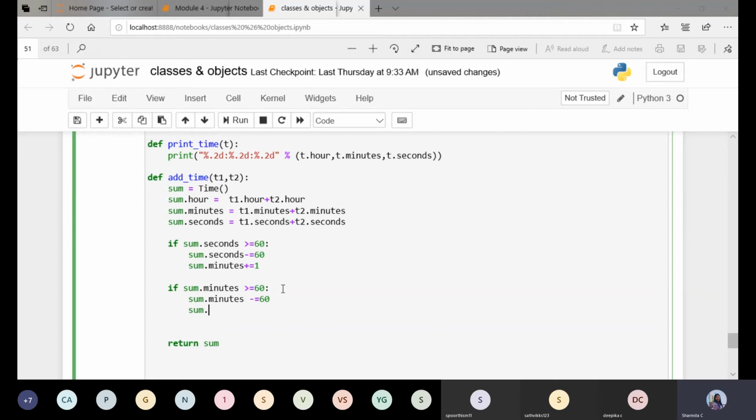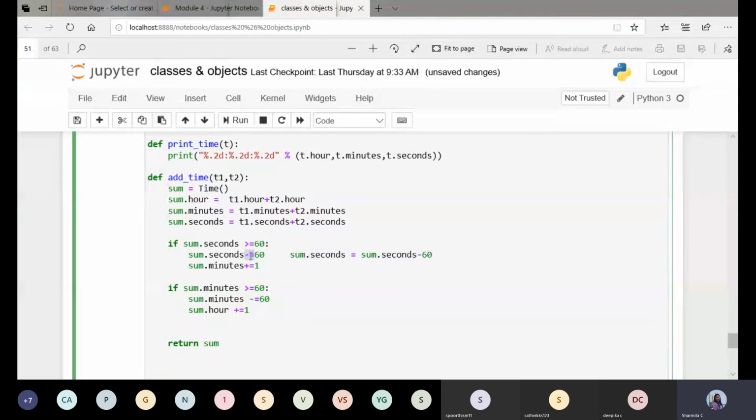Then once again sum.hour, I need to increment by 1, so plus equals 1. Similarly, I'll write this here: sum.seconds equals sum.seconds minus 60.